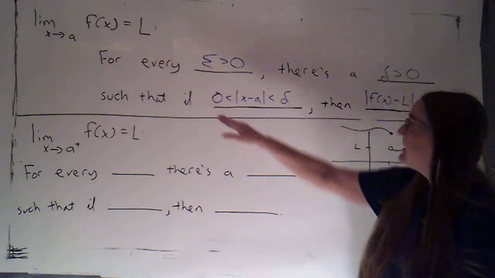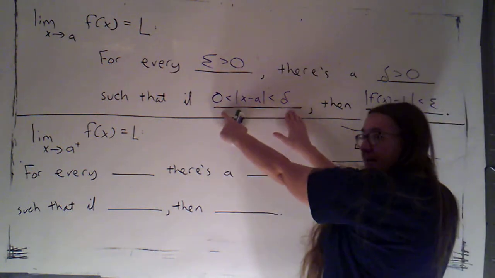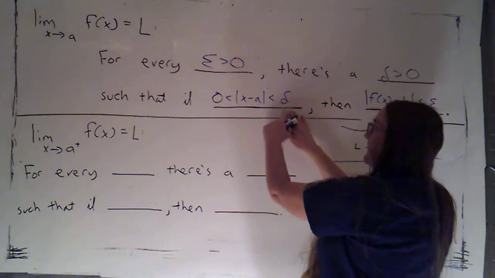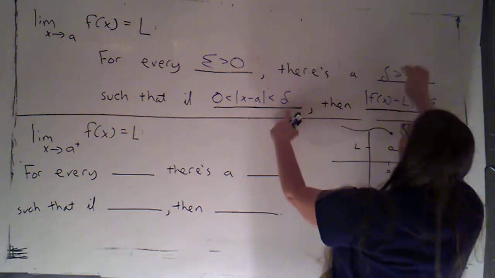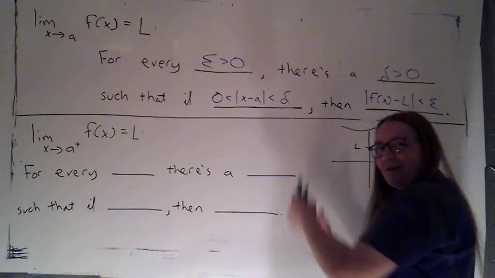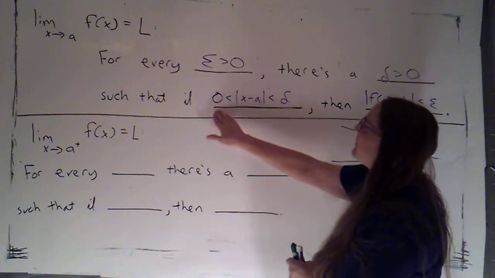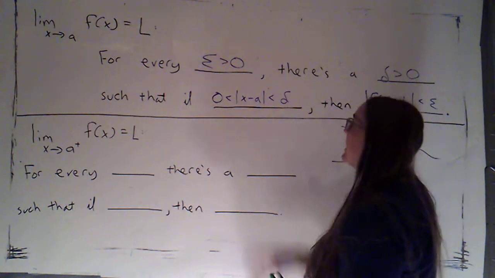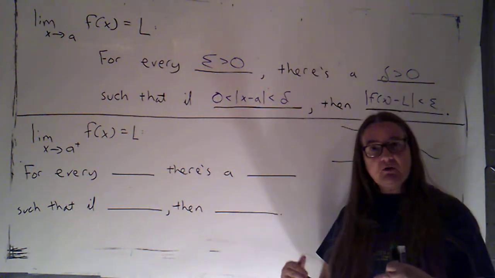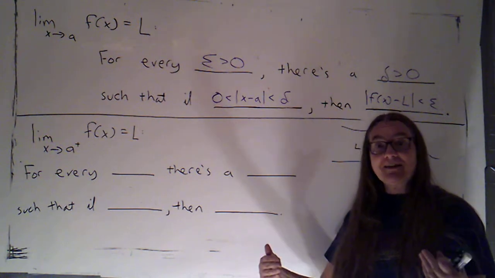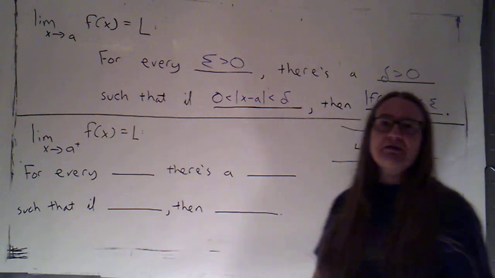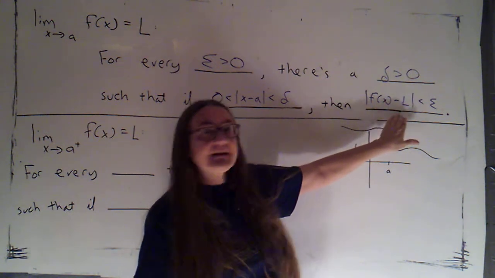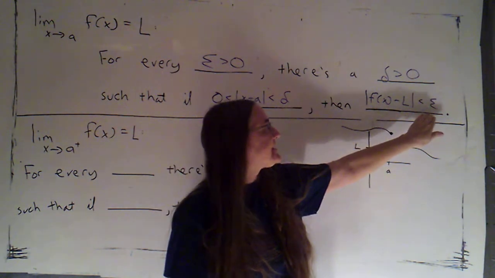That's our standard of closeness or our tolerance for our x values. Such that if this inequality tells us that the distance between x and a is small, using our delta as our standard of what counts as a small distance, it also tells us that x isn't a, that the distance is bigger than 0. So this says that x is close to but not equal to a, using delta as our standard of closeness. And then this inequality says that the distance between f of x and L is small, using epsilon as our